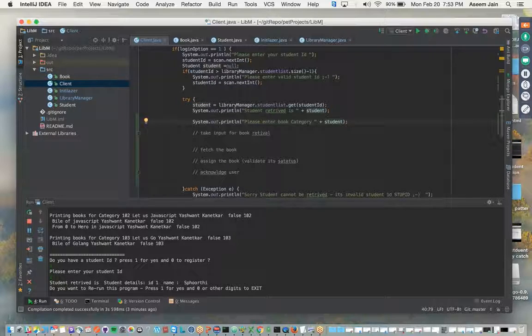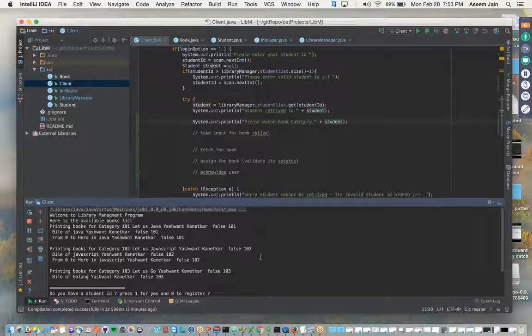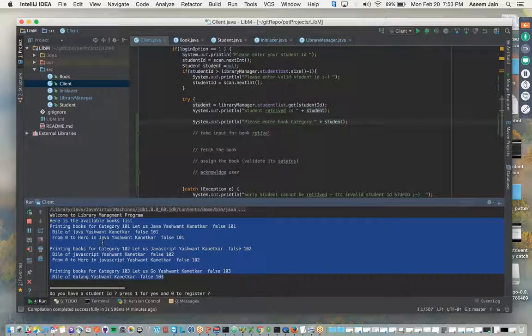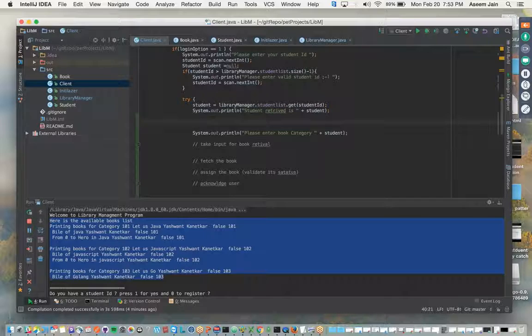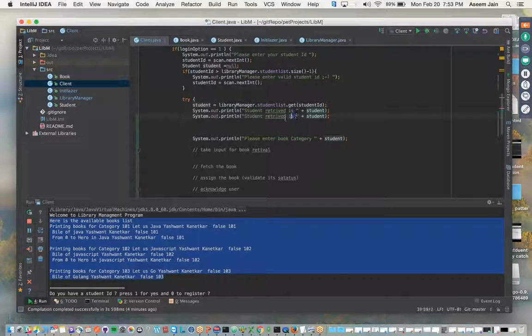So we would make minor modifications here in the program. Instead of throwing all the books in the user's face as soon as the user logs in, we would do it on a need basis. So we would print the book category menu. Let's try to do it here, books menu to pick,